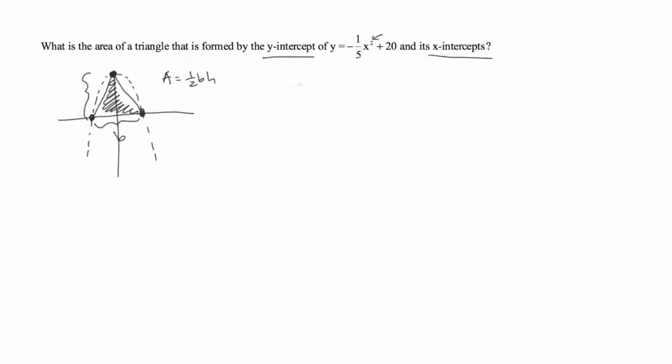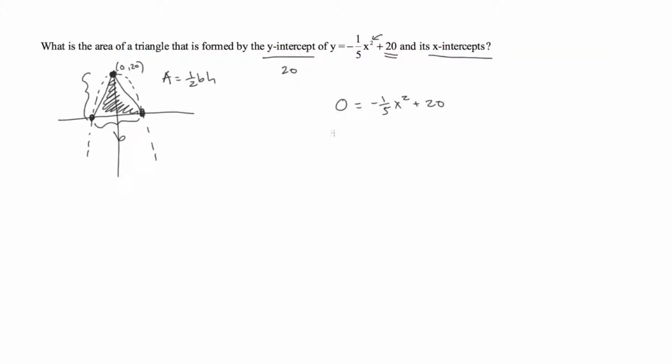What we should do here is first set things equal to 0 to figure out the intercepts. In this case, it's already in intercept form, and so the y-intercept is kind of a gimme. It's just 20, and that's kind of nice. So at this point, we'll label it 0, 20. Now, when we try to find the x-intercepts, that is when y is equal to 0. It's on this line, the x-axis, or when y equals 0. So we can set the y equal to 0 and basically solve